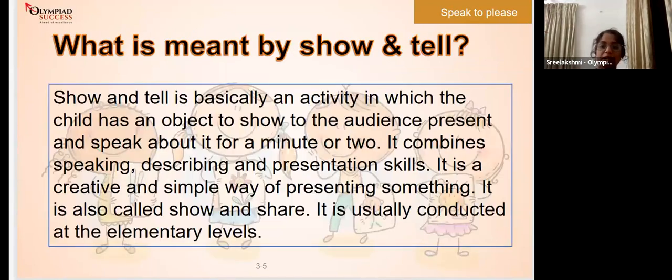So let's begin with a definition of what is actually meant by show and tell. I'm sure this is an activity which many of you would have encountered in your school levels, but anyway, let's see how that is. So show and tell is